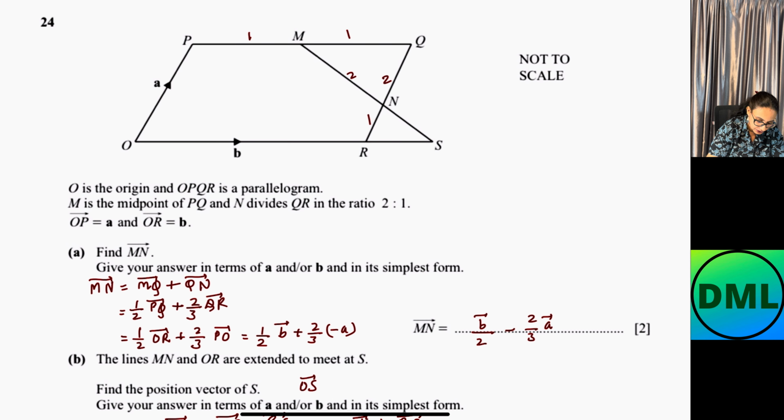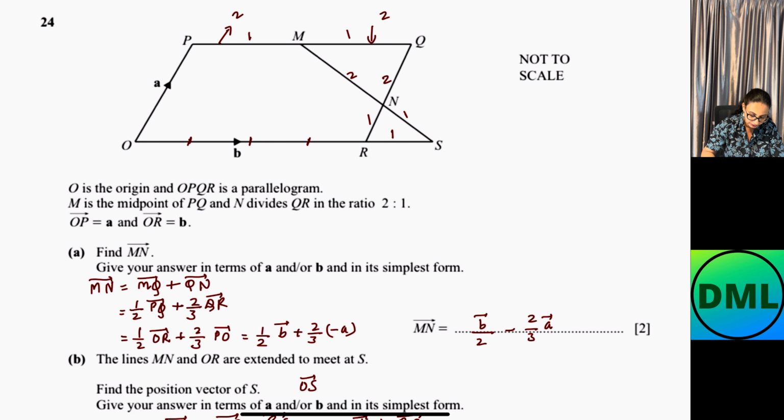Let's write down here this ratio should be in the form of 2:1 and this ratio also should be in the form of 2:1. If this ratio is 2, that means MN is the half of PQ. This ratio is also 2. This one is also 2. This shows you that PQ has been divided into 4 parts. Similar way, OR is also divided into 4 parts. This will be half, this will be half and this will be half. I have divided OR into 4 parts, 1, 2, 3, 4 and this is my 5th part.